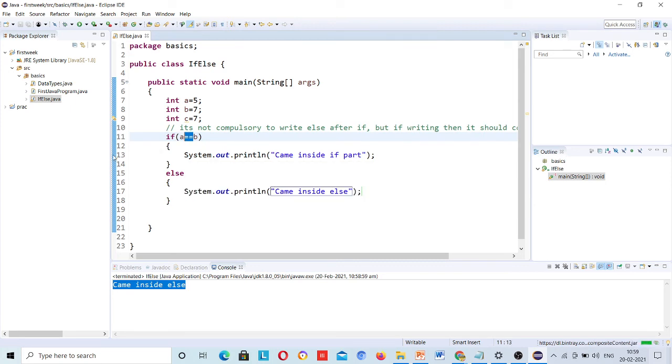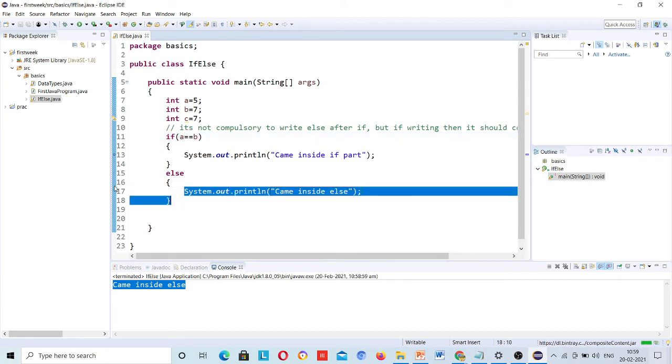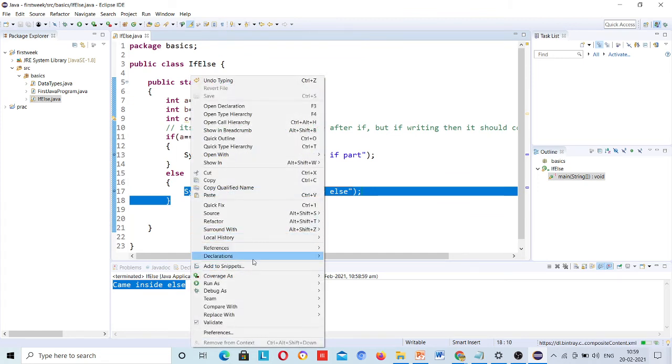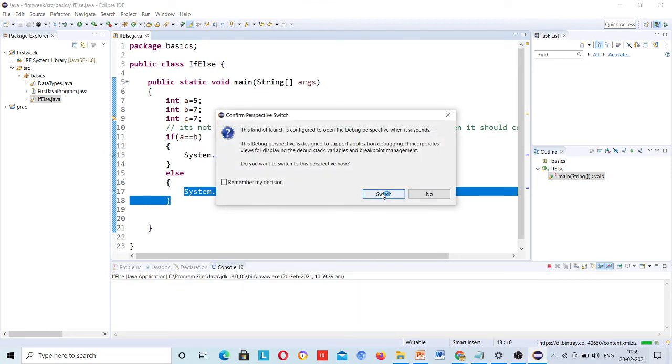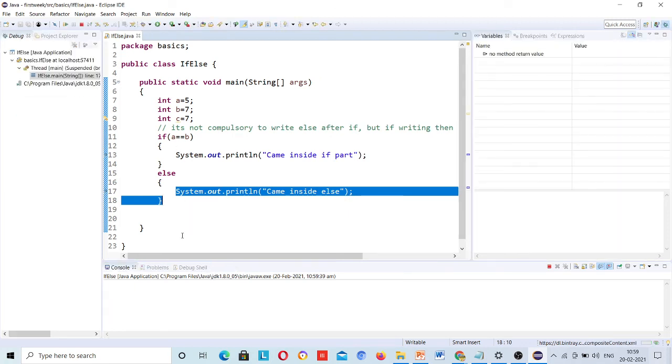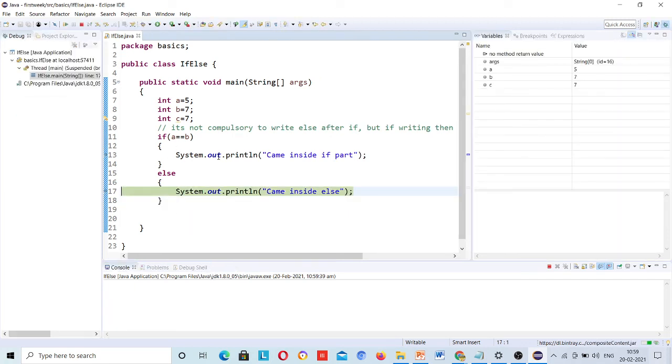If I put a debugger here, and how to use the debugger: just double click here, and on this line double click here. Then right click, this time not run as Java application, but debug as Java application. Today we have 5 or 7 lines of code, so we don't need a debugger. But tomorrow in a project with 1,000 lines of code, if something is wrong, how will you know what is wrong?